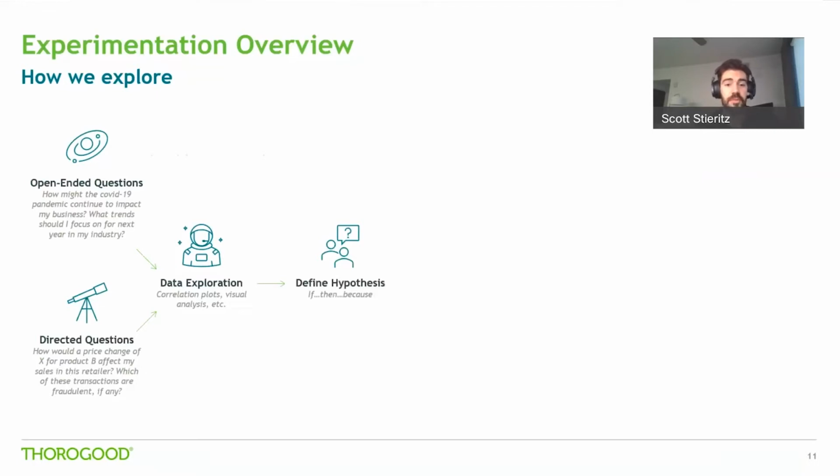From there, we want to come up with something very specific. So we want to define our hypothesis, something like, if I do this, then something else will happen because of whatever, or defining a relationship that we think may exist between two data points, and we want to prove if that relationship exists or doesn't exist. So once we have that very pointed, specific question, that hypothesis in our minds, we want to design a test that will either prove or disprove that hypothesis.